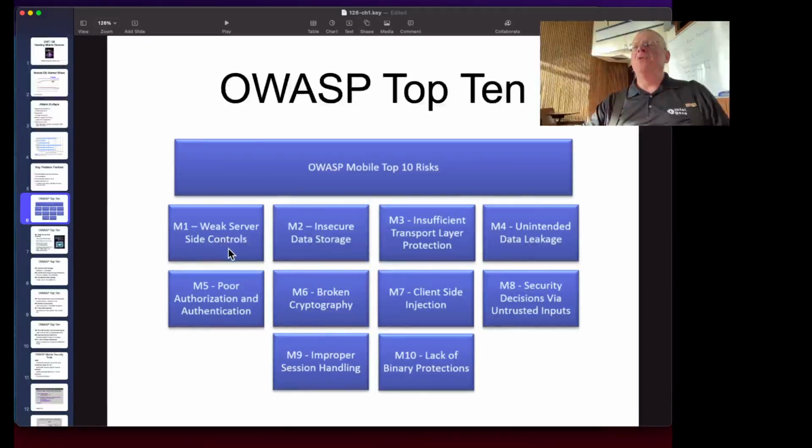Weak server-side controls. One interesting thing about this list is that the number one vulnerability on the phone is not on the phone. It's on the server that it communicates to, an API vulnerability. The way it requests data from the server typically doesn't have good controls, so you can make requests and do unauthorized activities on the server. And then, of course,